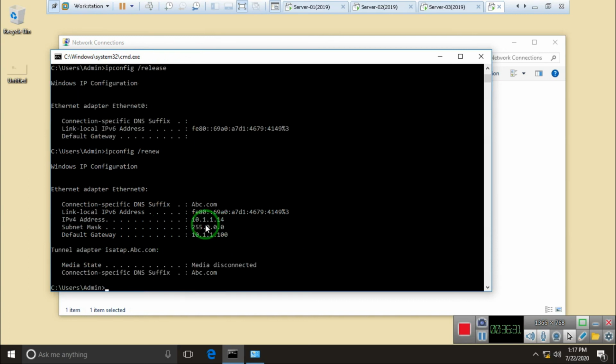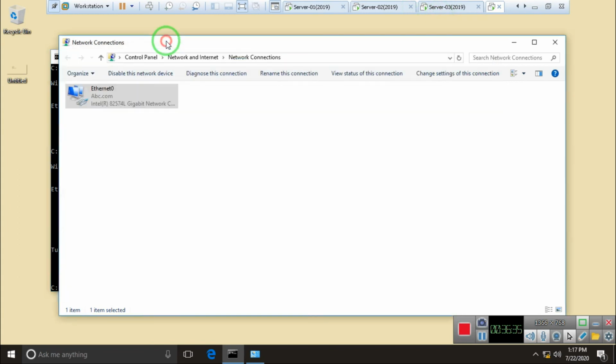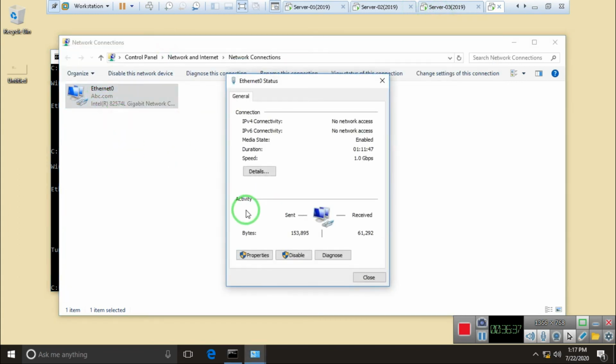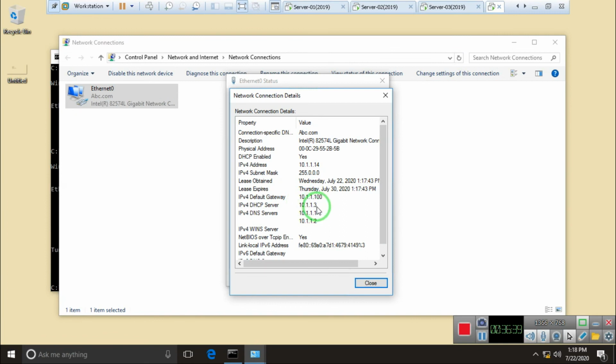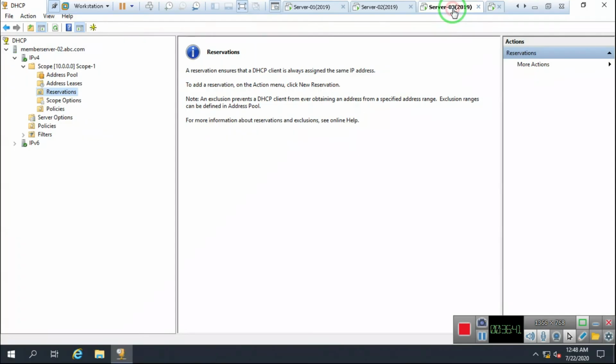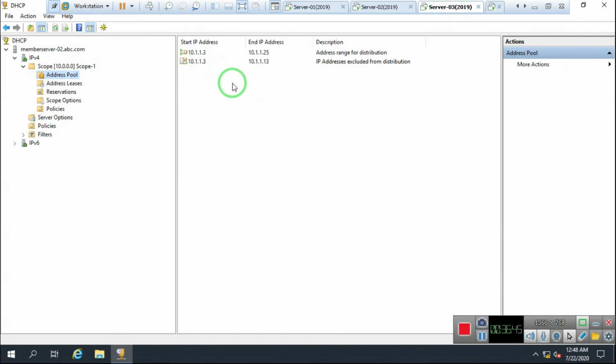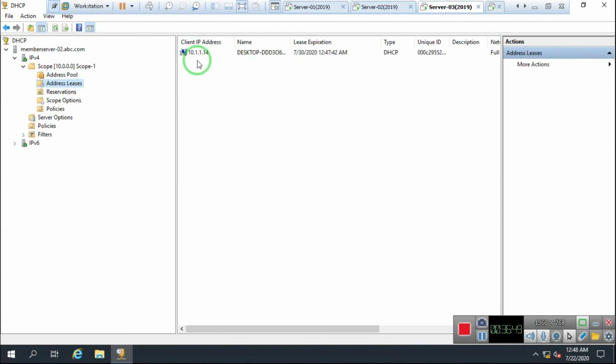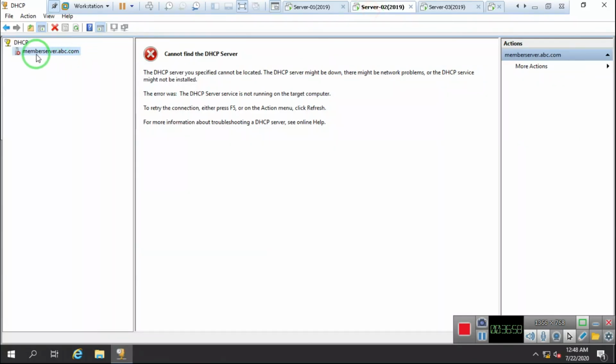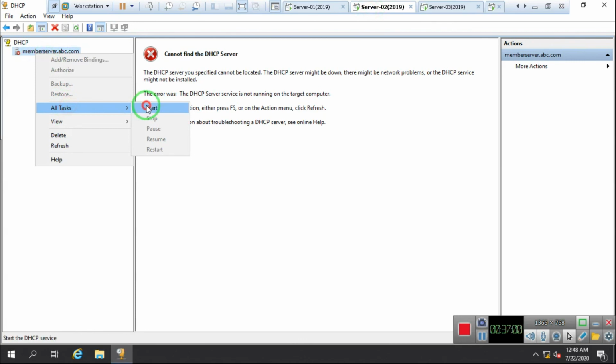As you can see, it's taking 14 now. To see which server, I go to status and click on details. It takes 10.1.1.3, so their range is between 14 to 25. So go for lease and you can see it's providing the 14 range. Like this your split scope is working. Understood? Fine. I start the server.